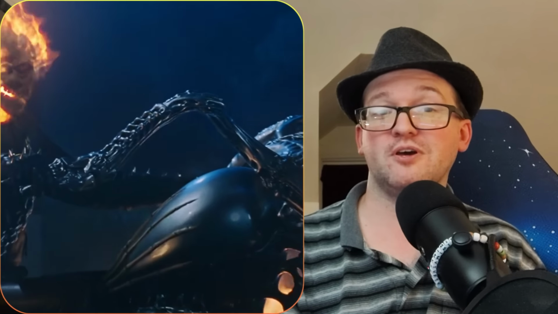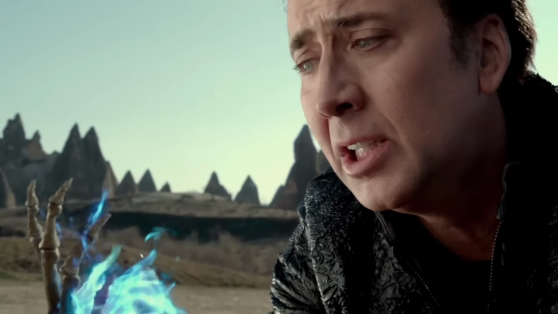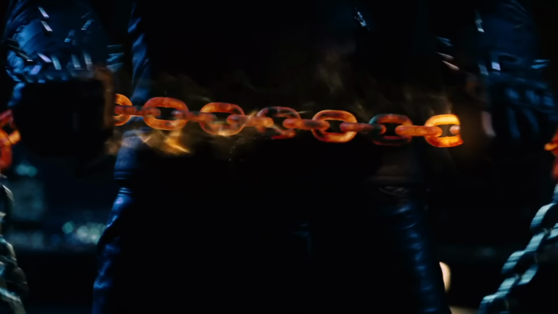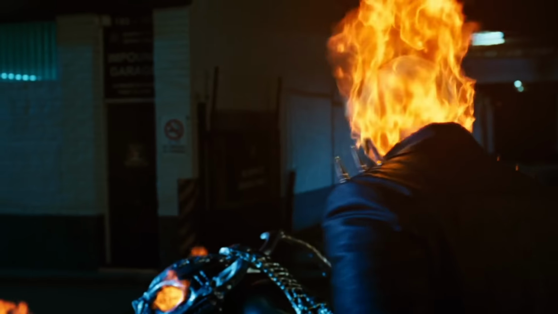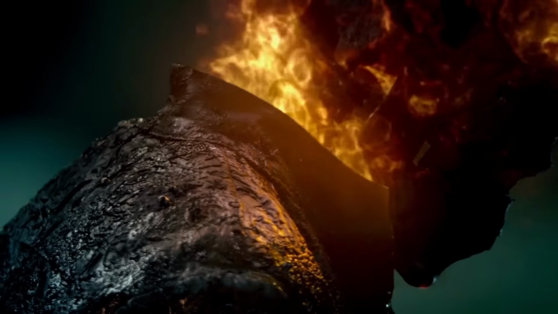Depending on the era that we're talking about, the thing inside the host might be Zarathos, the noble Kale, a shard of some ancient medallion, or even the murderous ghost riding shotgun in a muscle car. But the few things that they all have in common is that hellfire runs through their bones. Chains are used more like limbs rather than tools, and the scariest part of them all, whenever a sinner looks into their fiery gaze, they are quite literally forced to experience the pain they inflicted on others, regardless of whether